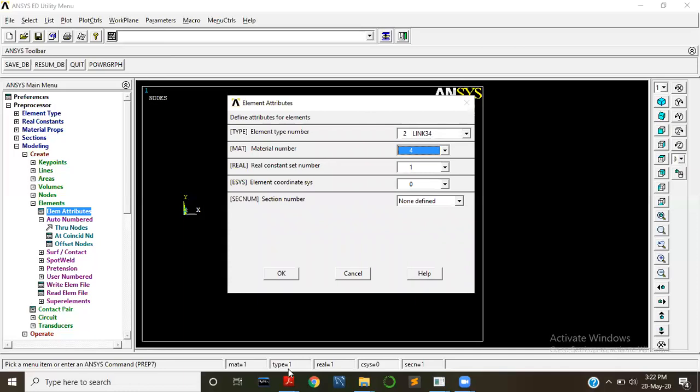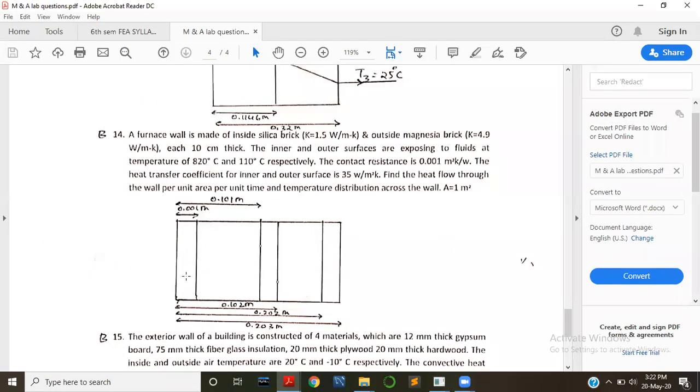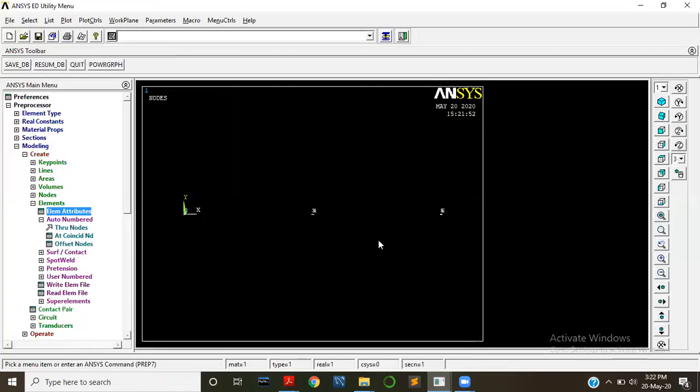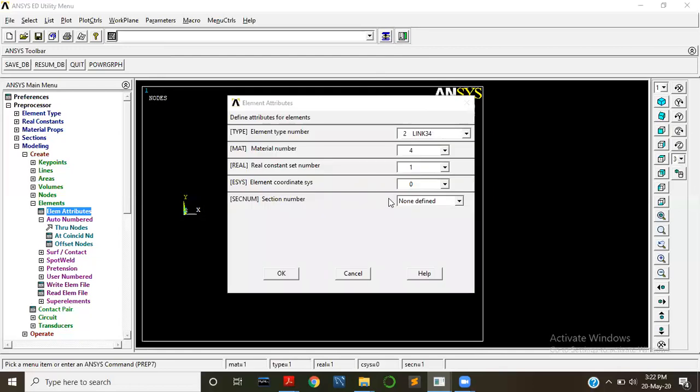Our first element, this left side, corresponds to convection, that's why. And then real constant set number is also 2 for convection. Auto number, and press on OK.